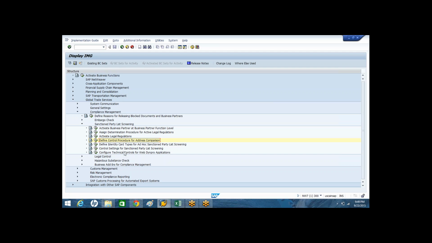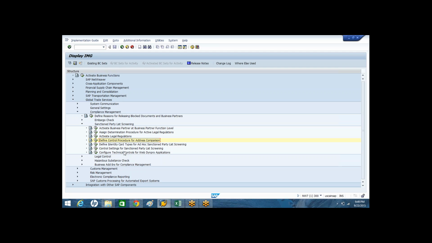In SAP GTS, we have an option to specify what percentage you would like to consider before blocking the transaction. So if the business partner details match SPL members to 50%, do you want to block it, or if they match 90%, do you want to block it?